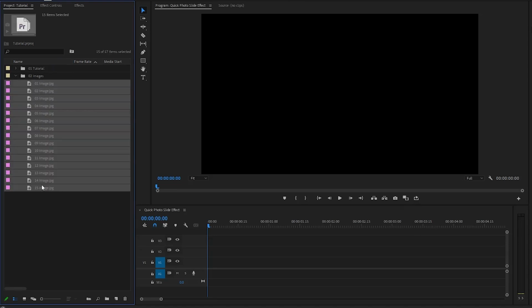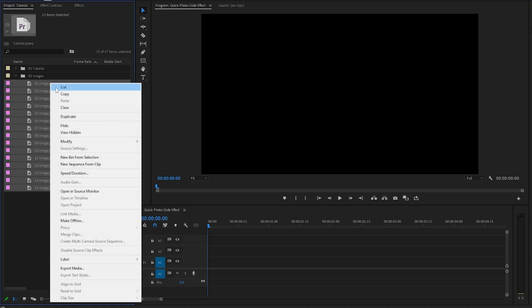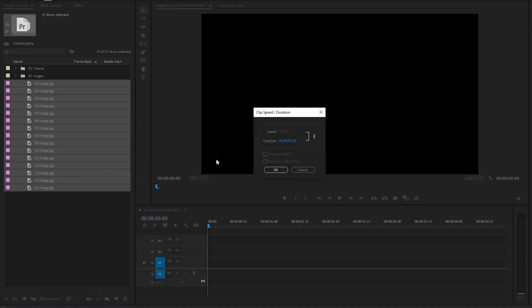Now we have to adjust the duration of the images. That's why let's right-click on the selected images. Next, we need to click on speed and duration. Here, I am going to make the duration of the images 8 frames for a quick slide effect. If you want to create a faster slide effect, you can choose a duration of fewer than 8 frames